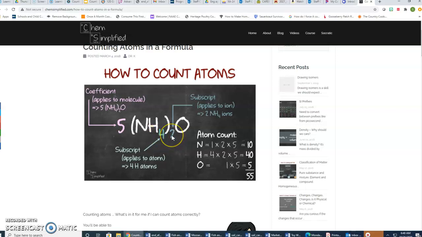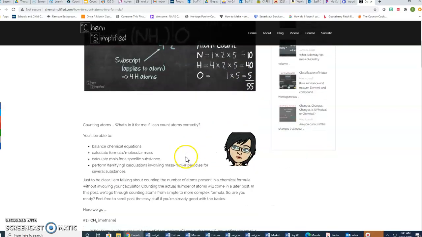So subscripts can be on the outside of parentheses or on the inside next to one of the elements. So this particular subscript only applies to the hydrogen atom here, not the nitrogen, because it's next to the hydrogen. If it were to apply to both, it would be outside the parentheses like this. So this means that there is two of these NH4 compounds. Alright, and then it goes through and shows you how to do your atom count here, and then you